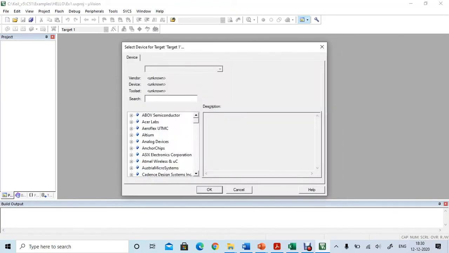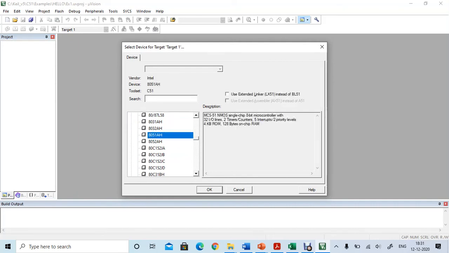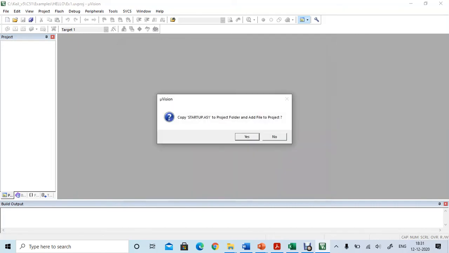Now we have to search for the device, that is 8051 of Intel. So click on Intel and in that search for 8051 and click OK, and click yes for copy startup.A51.